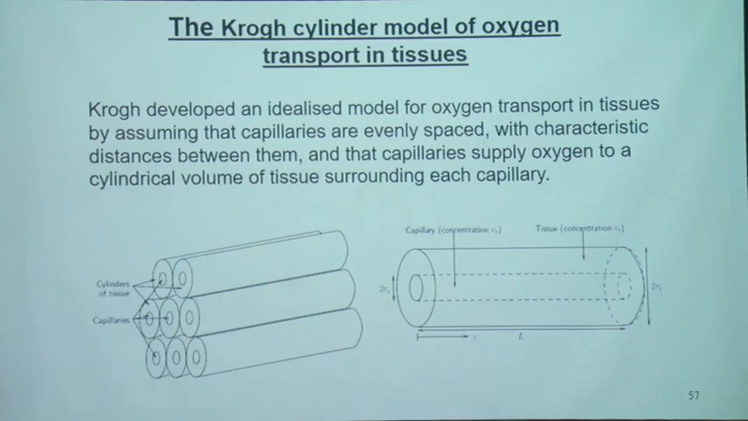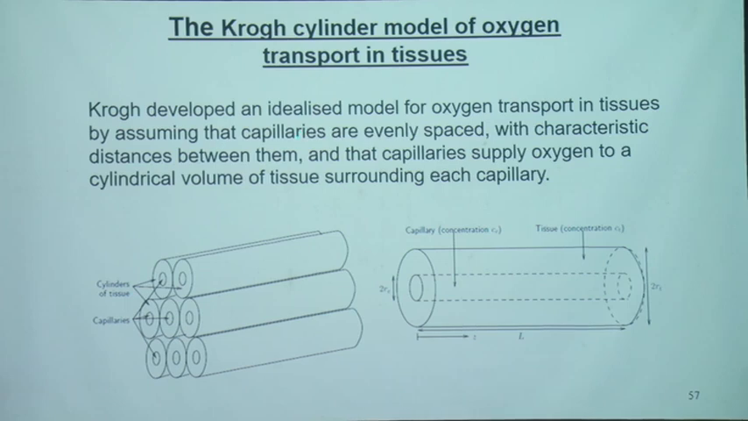Right. The classical model for oxygen transport in tissues, and this is always the first model that the students study, is known as the Krogh cylinder model. For the Krogh cylinder model, the solution can be derived mathematically, analytically, without the need of any computational tools. There are obviously a lot of assumptions. The assumption is that